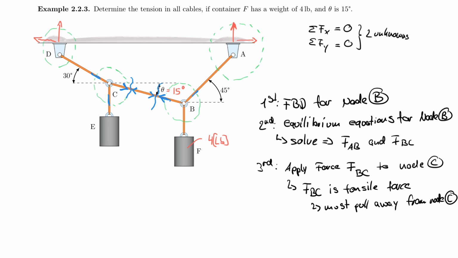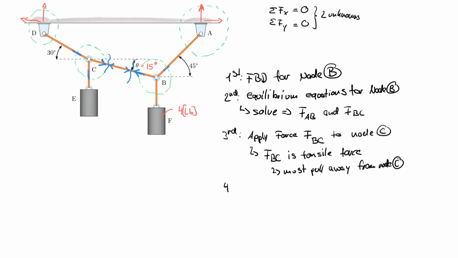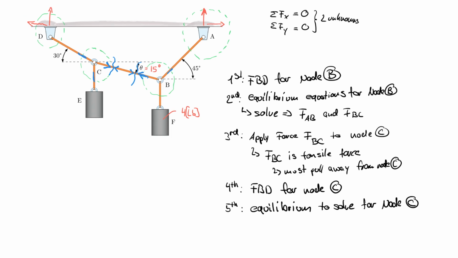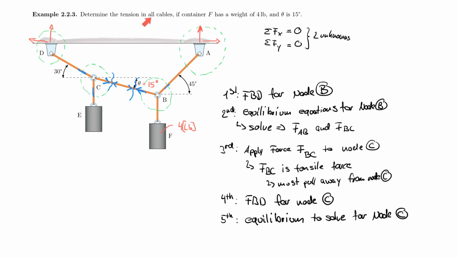So please understand that you need to apply the force sometimes opposite depending on what force state you are dealing with here. But yeah, so my point to you is pull away from node C. So once you did that, you can now apply this force. And so in my fourth step, I can now draw the free body diagram. So fourth, which is free body diagram for node C. And then fifth step is to use equilibrium to solve for node C. And once you have that, you can really answer the entire problem where it says find all the cable